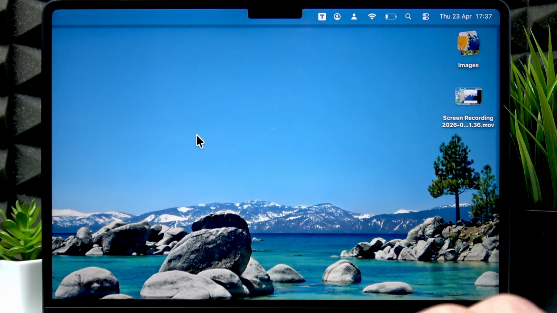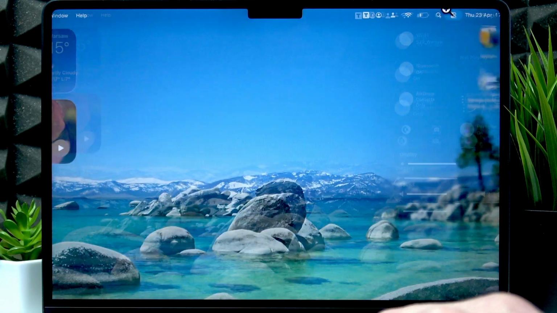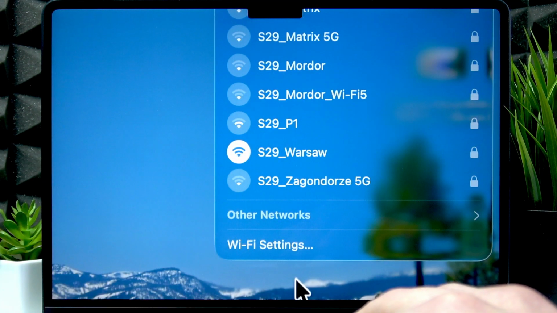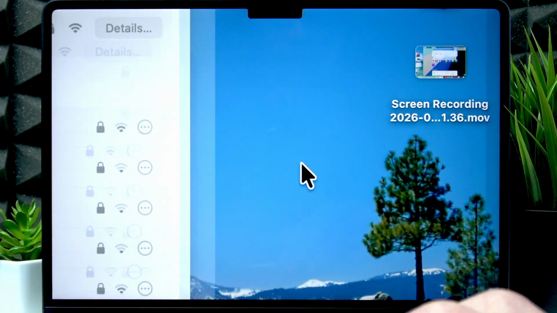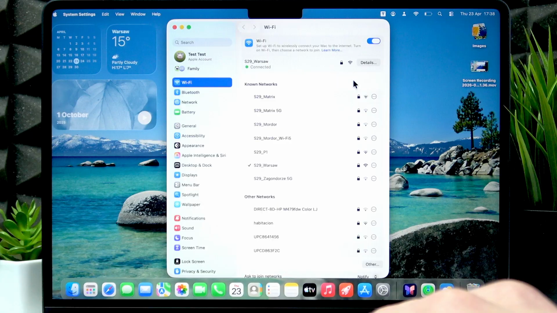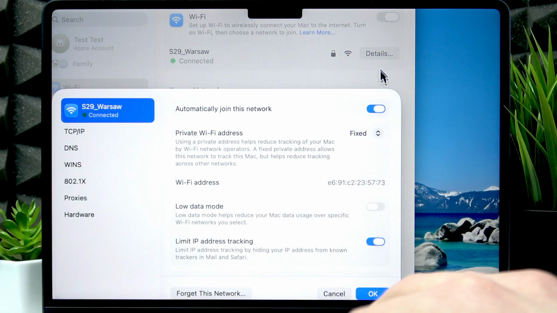and if the problem didn't go away, then what we can do is open the control center, go to Wi-Fi and open Wi-Fi settings. Then here what we're gonna have to do is forget the network that we are connected to, so click details next to your desired Wi-Fi network, and after that